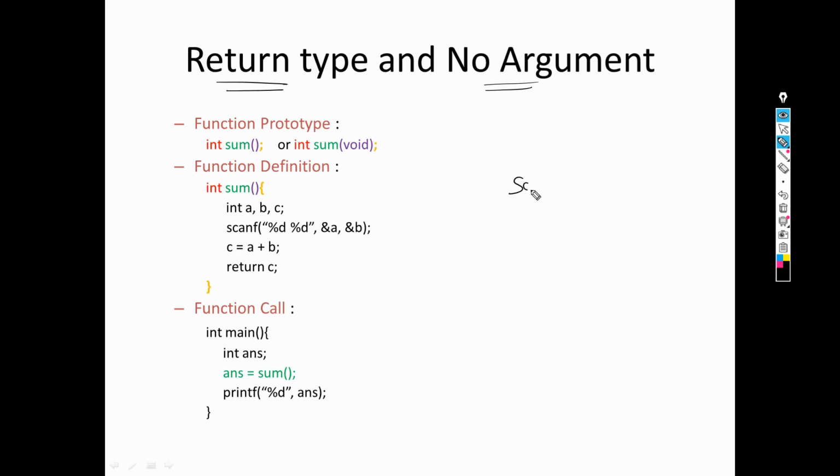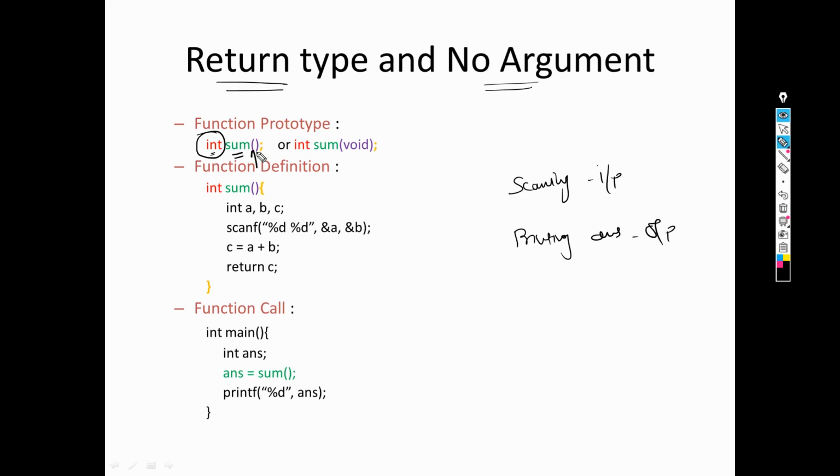Okay, so again we write scanning, or we can say it is known as input, and second is printing answer. It is known as output, right? So here return type, we are having return type means what? See, return type means function will return one value and that value is of which type? It is of integer type. Why? Because sum, whenever we are adding two integer values, we'll be getting integer value as an answer. So we are returning, or our function returns integer.